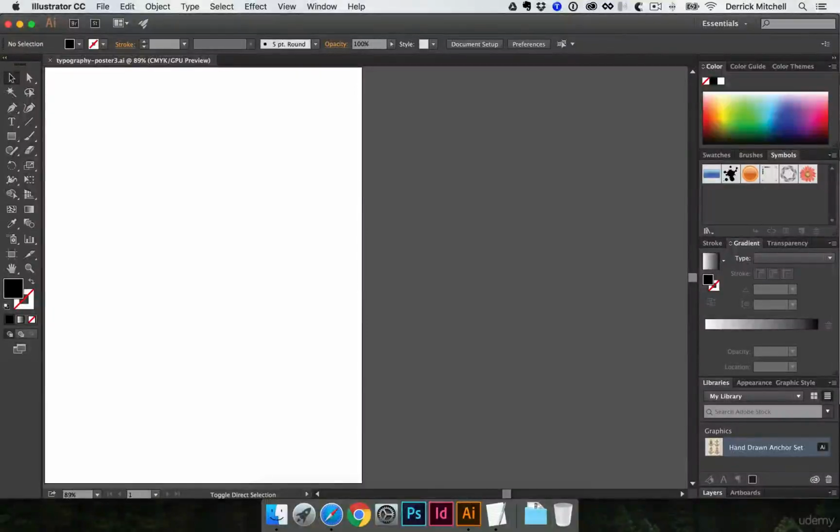All right, if we're going to make a typography poster, it's about time to learn how to bring in our text. So what I want you to do is copy that quote you have wherever you have it, or get ready to type it out. Hit the letter T to get your type tool, and I already have my quote copied to my clipboard, so I'm just going to click once, hit Command V to paste that in there,